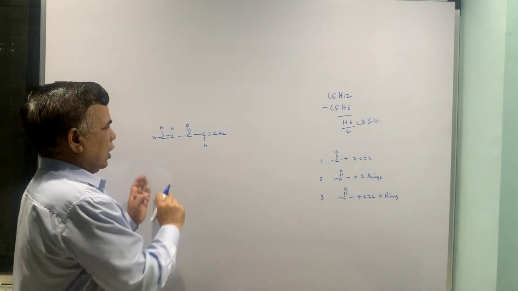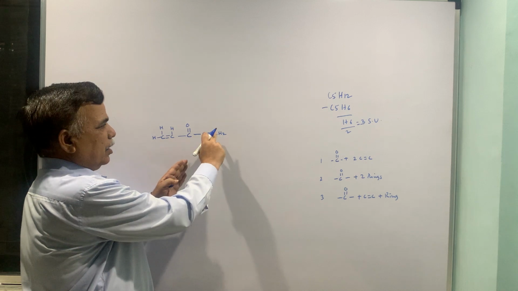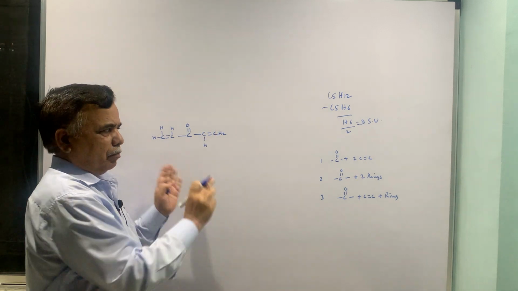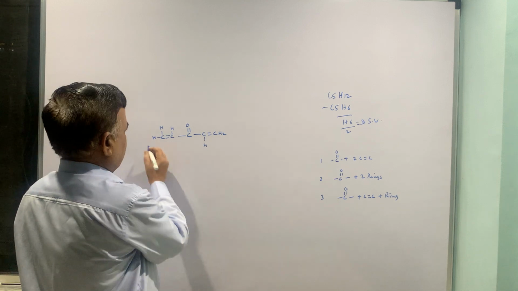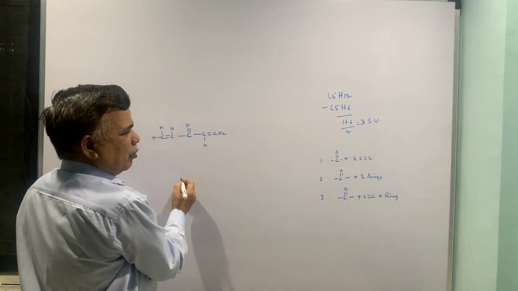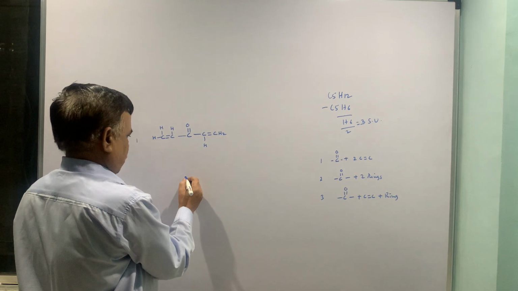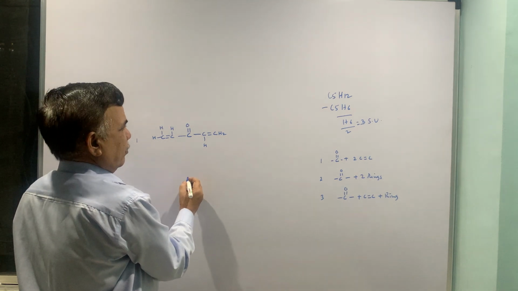C5H6O: if these two are in conjugation, this is out of conjugation. So this is one of the structures. Second is carbonyl and 2 rings. So for 5 carbons,